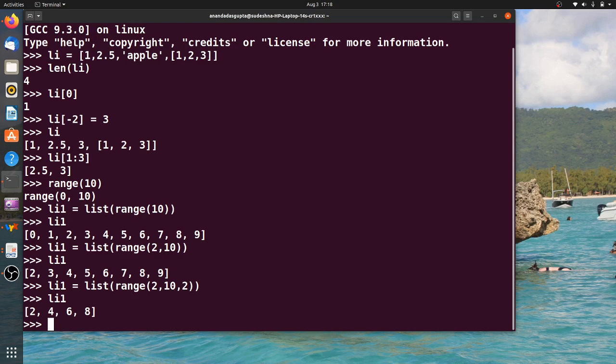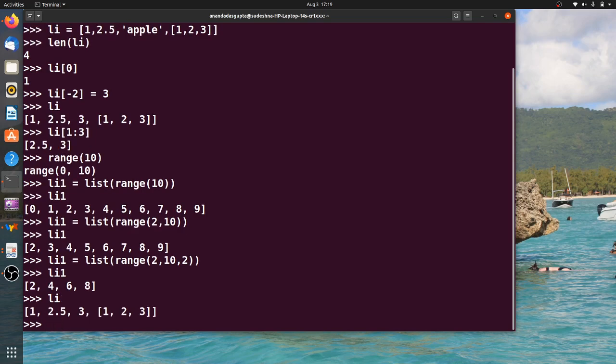What else do we know about lists so far? We know that once we create a list, we can actually make it longer by using the append function. So what does the append function do? Just to give you an idea of that, let's remind you that li, this is the list that we had, and if I said li.append, say 5,